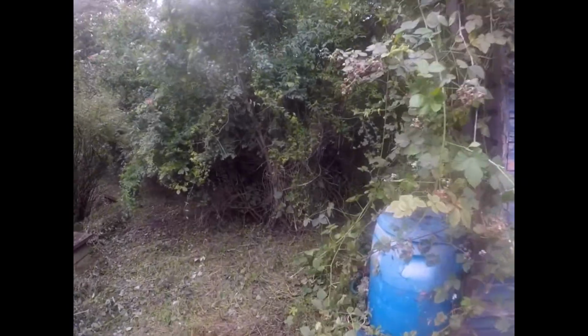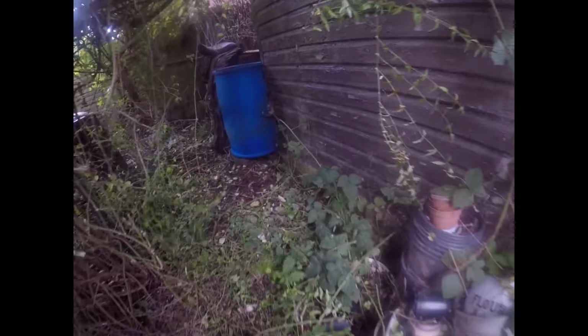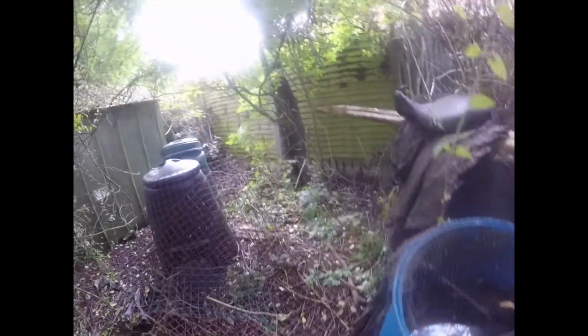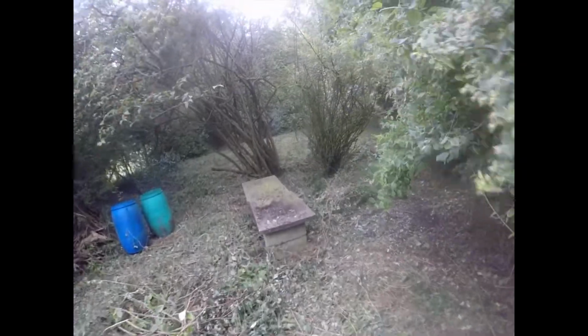But here's a little, he said, crashing into the trees. Here's a little dingly dell. Look how much room there is behind the shed, right up to the boundary. And then of course we come round here over the rickety rackety bridge,